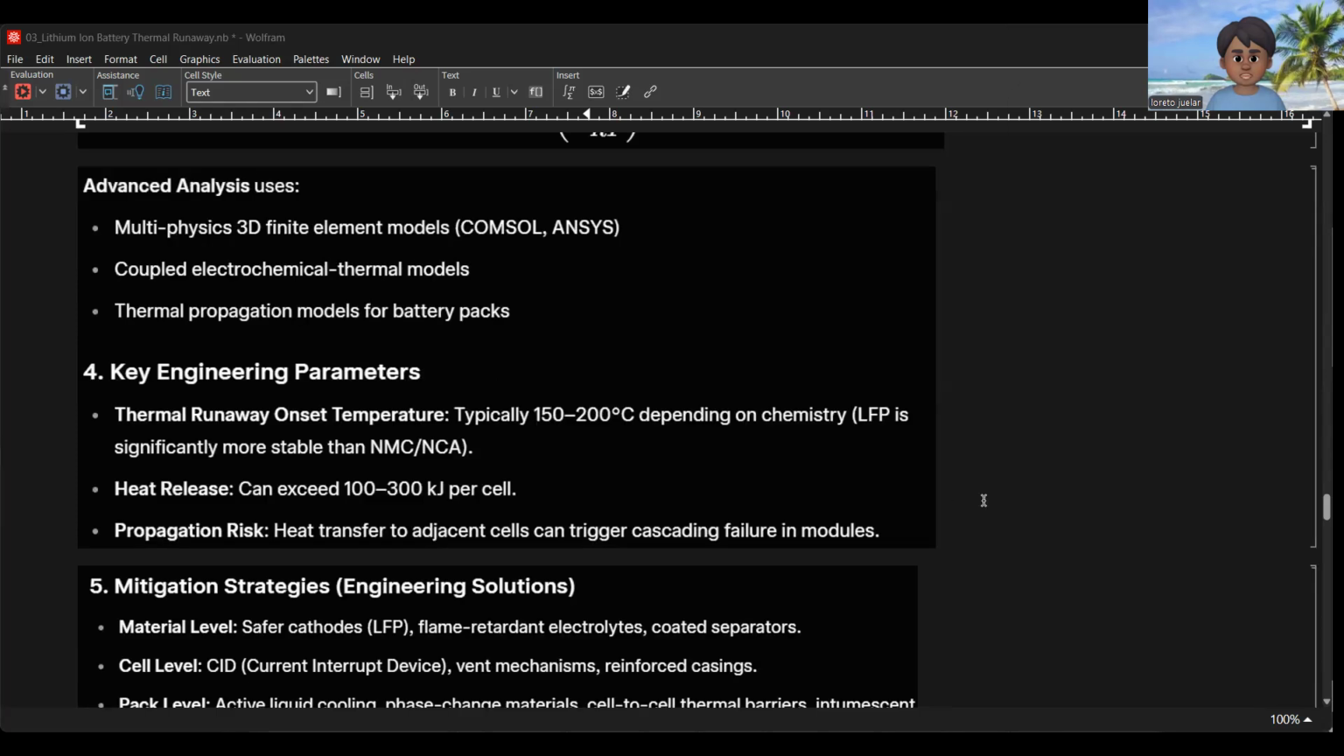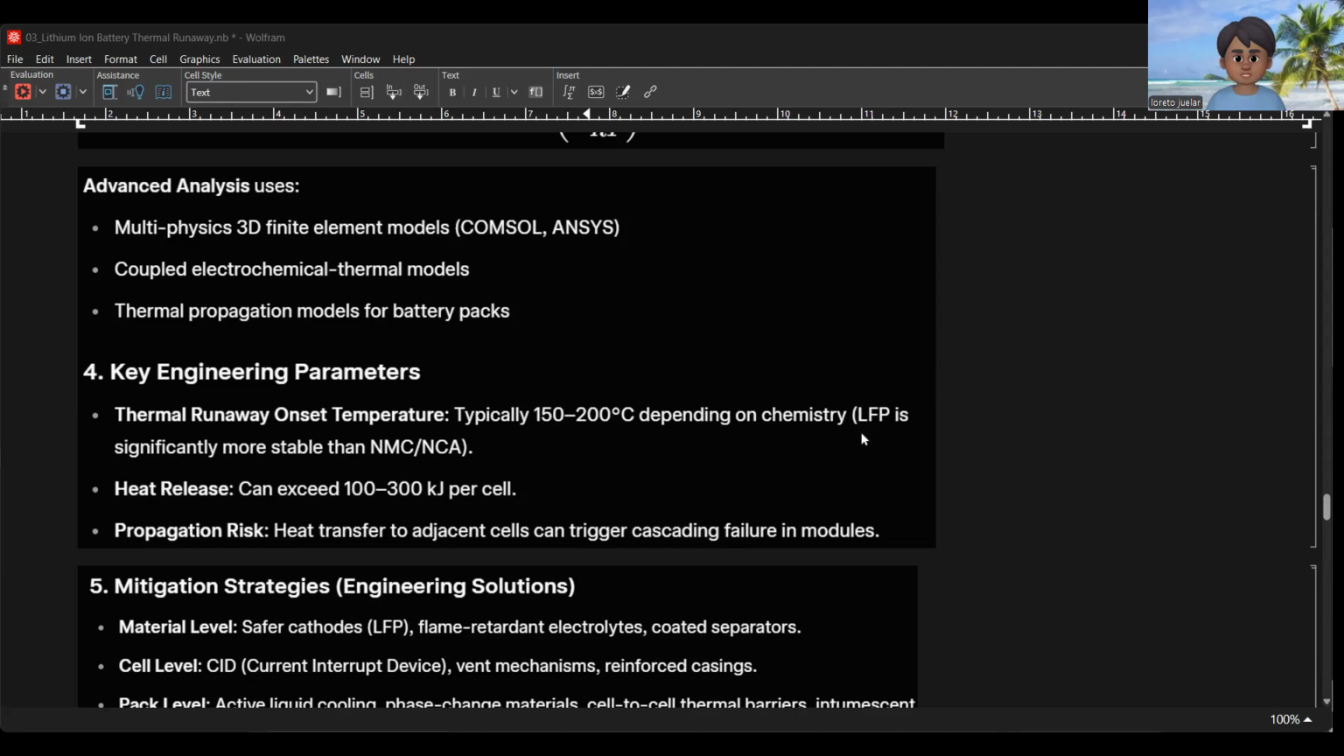We also have advanced analysis that uses multi-physics 3D finite element models, COMSOL, ANSYS, coupled electrochemical thermal models, and thermal propagation models for battery packs. Okay, engineering parameters: thermal runaway onset temperature is typically 150 to 200 degrees Celsius,